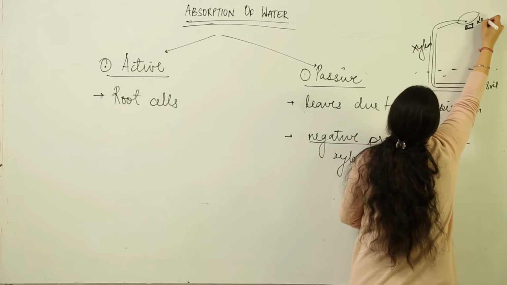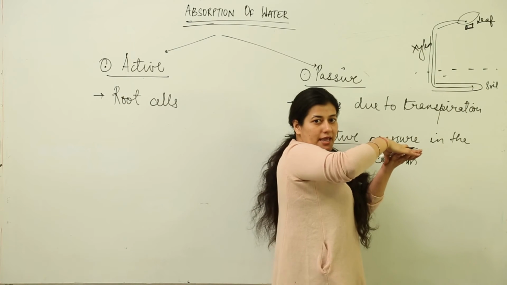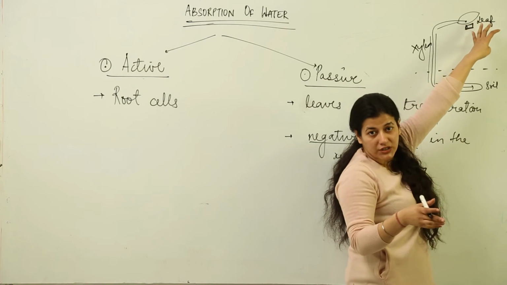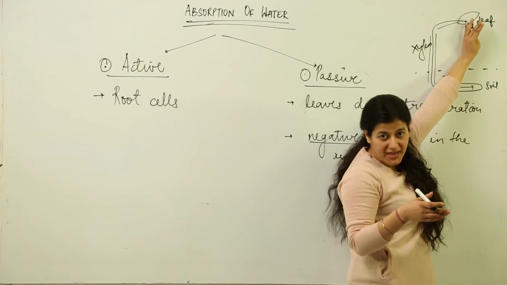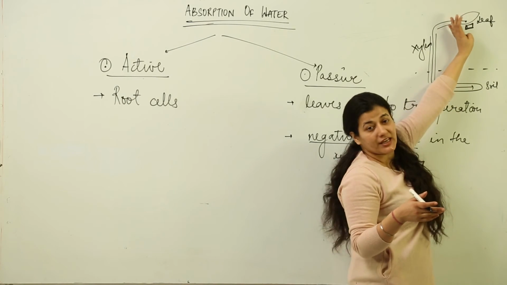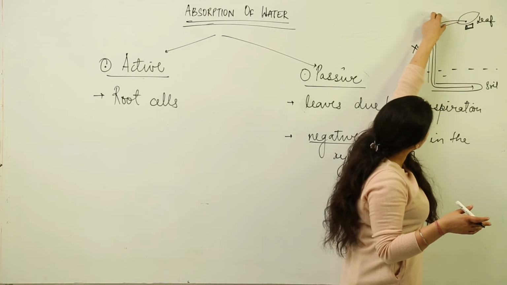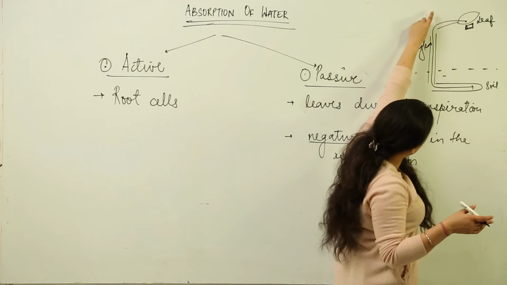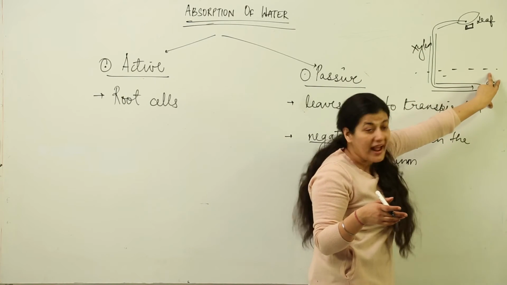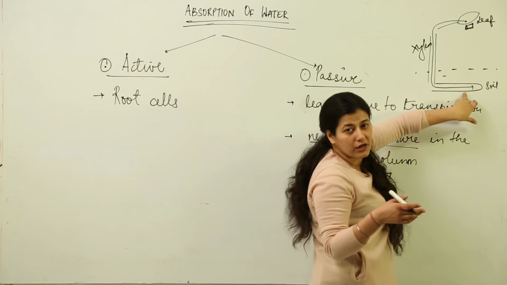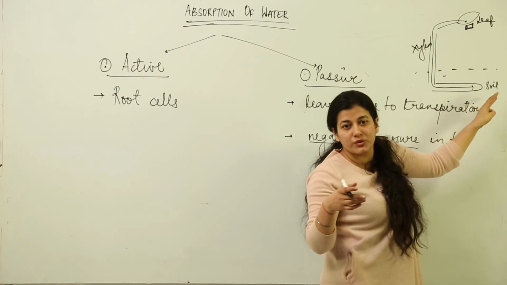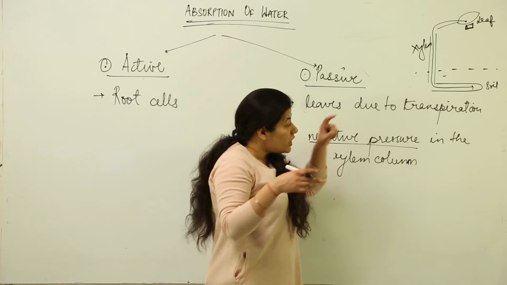This is the leaf. The leaf is the main site where the force would be generated. The leaf would get rid of the water. It would create a water stress over here. The water stress would be taken care of by the nearby cells, and because this leaf is in continuity with the xylem column, which is in continuity with the root hair and the soil through the epidermal hairs, a continuous negative pressure is generated within the column.